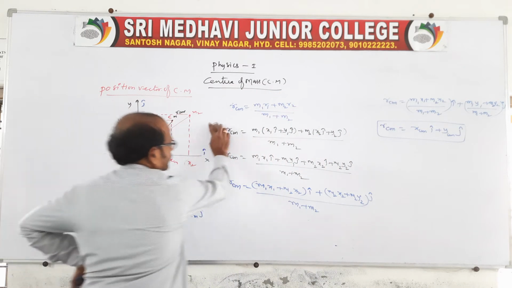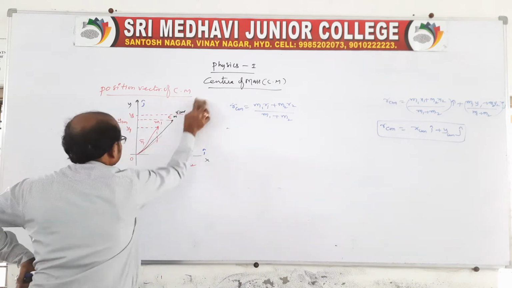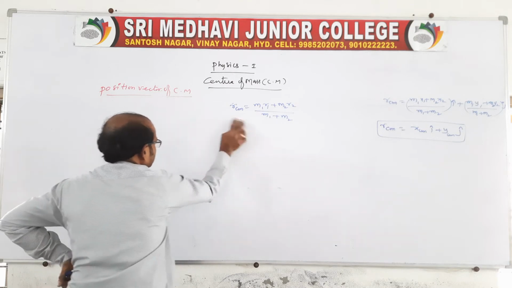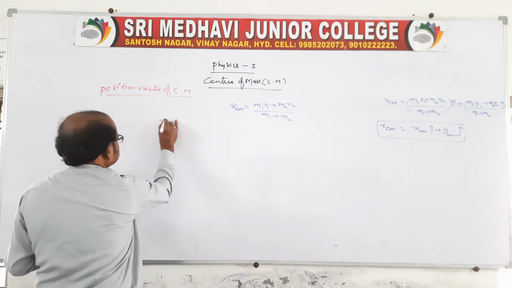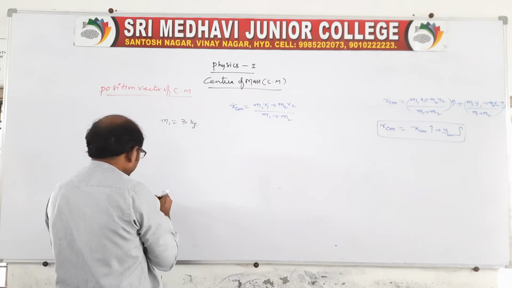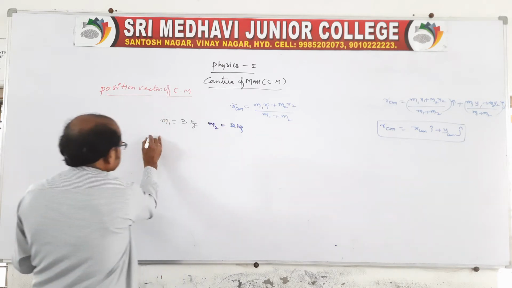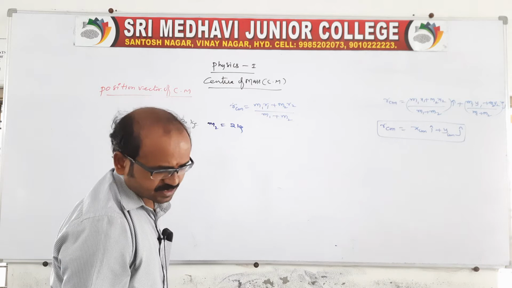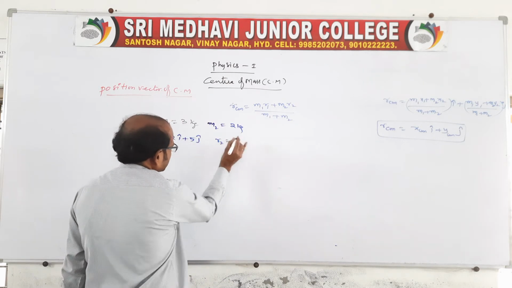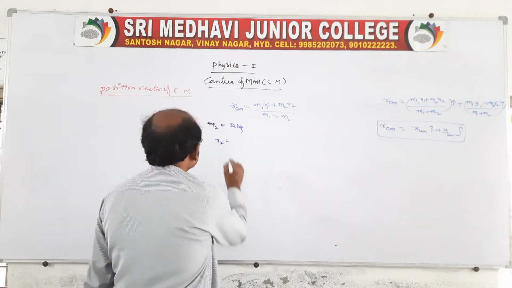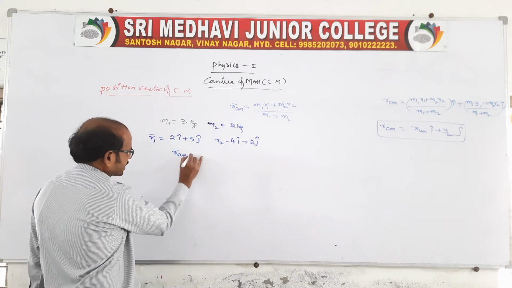See, this is one problem example. Once again I will tell you the question. If two particles of masses m1 is equal to 3 kg and m2 is equal to 2 kg are given, and the positions of these two are given, r1 is given as 2 i cap plus 5 j cap in the question, and for the m2 particle the position is given as 4 i cap plus 2 j cap. Then find the position vector of center of mass.